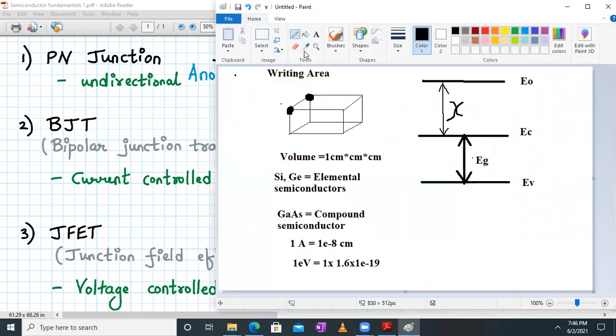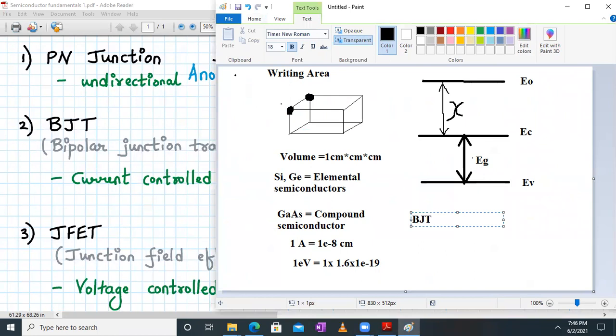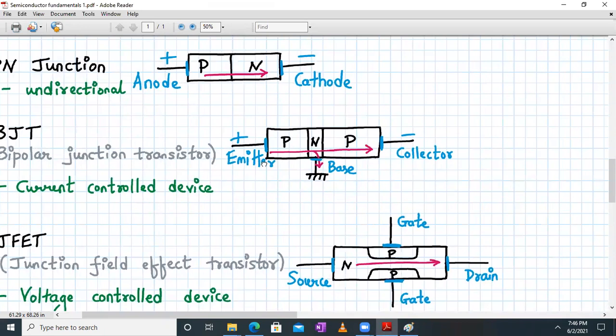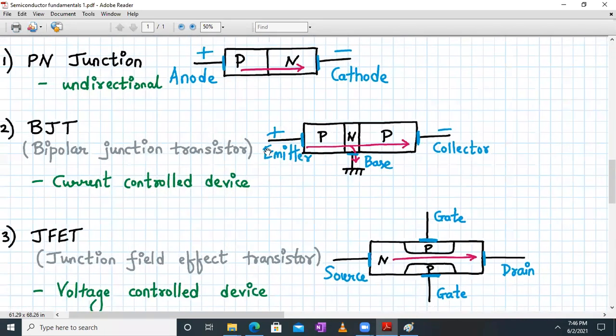Let me come back over here. Okay, so two types of BJT which we are going to study will be NPN and PNP. Okay, this will be a focus. So here I have shown the structure for PNP transistor. It has three terminals: emitter, base, collector. Okay, so since it is PNP, there are two junctions.